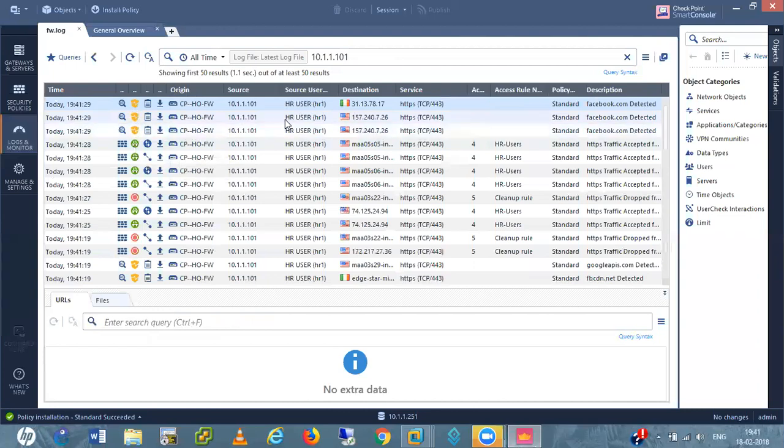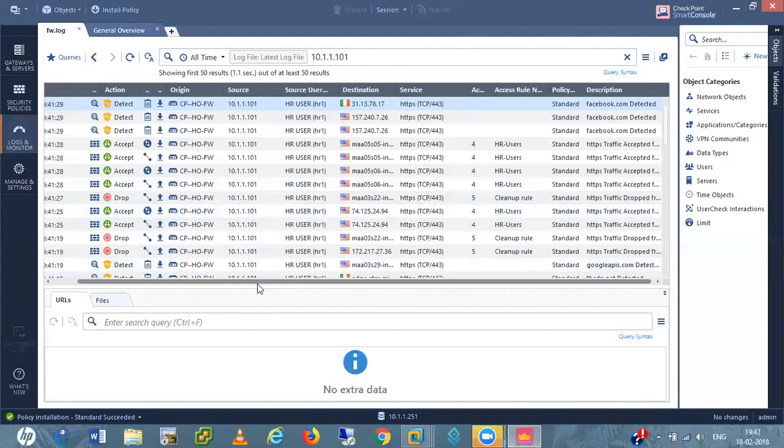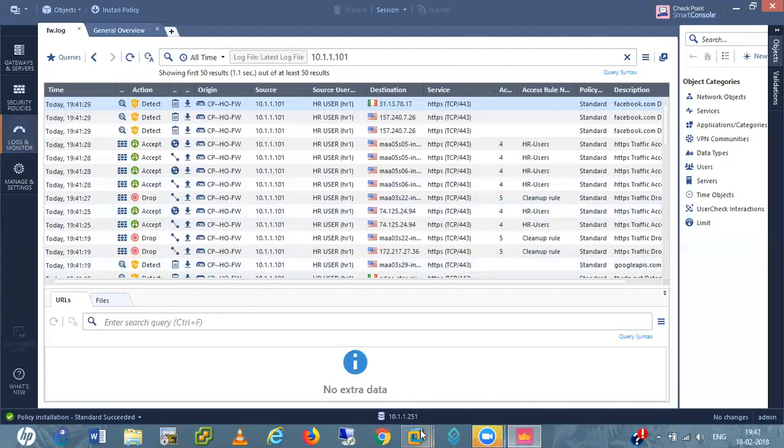Application detected, and session detection means inspection happens. HR users, it is detecting facebook.com. And it is also blocking this one. This is blocked by this rule, and it is blocking other websites also.